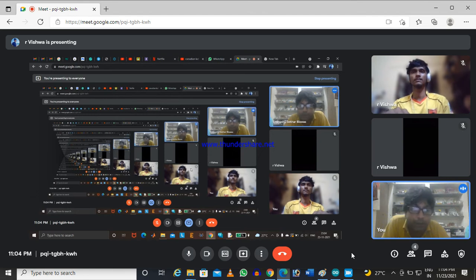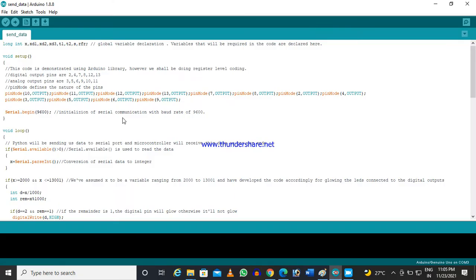We don't have a sufficient number of LEDs, so we have taken only 2 LEDs. One is connected with pin number 13, which will demonstrate the digital output, and another LED is connected with pin number 11. Pin 11 is a PWM pin, so we will be controlling the voltage of that particular pin. It will vary from 0 to 5 volts, and we will demonstrate this by controlling the brightness of the LED. So now I am going to explain the code.